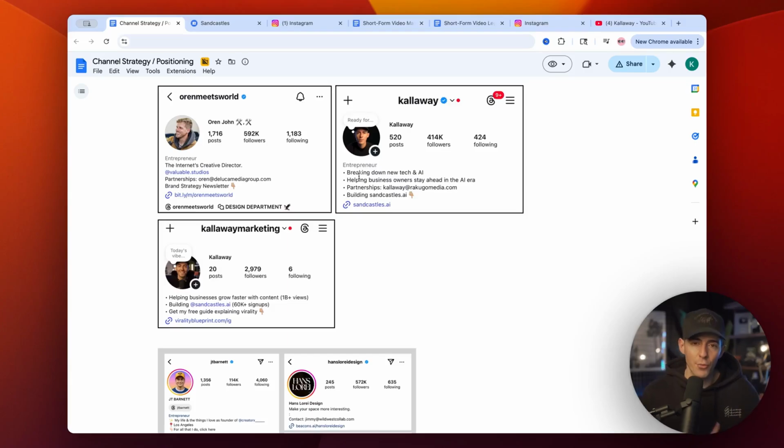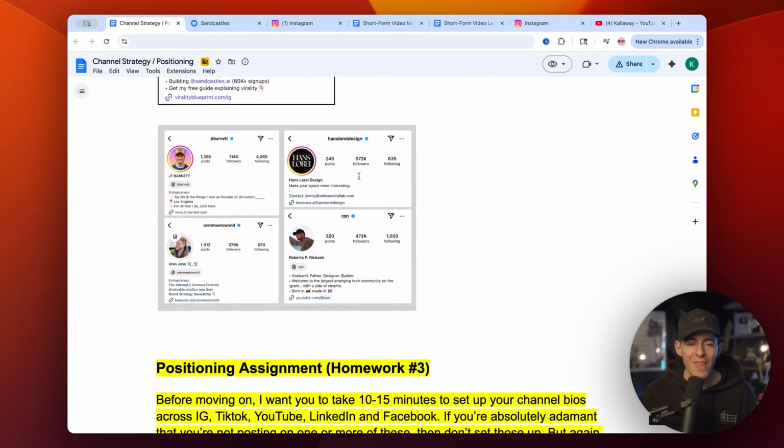The reason why I'm breezing through this is because I'm trying not to give light to things that don't matter. What's written in your bio word for word really doesn't move the needle. All you need to have is a smiley picture, a name that's clear, and the first line has to be what you talk about. If you have proof, use it. If you have a link, use it. We'll optimize this over time. That's all you need to do.